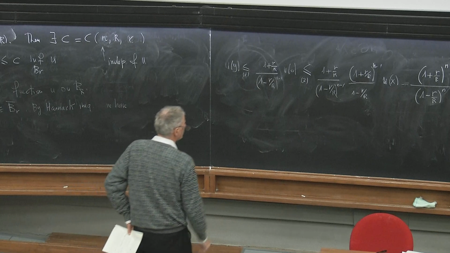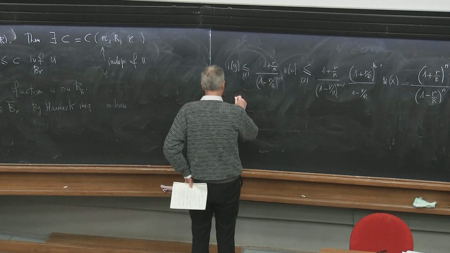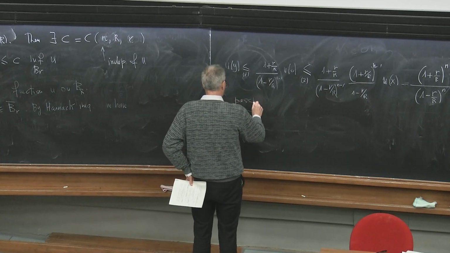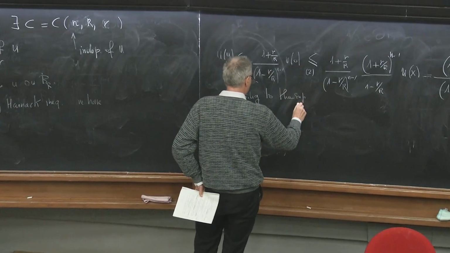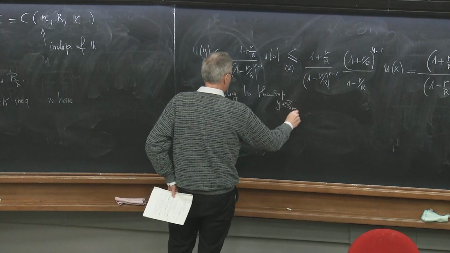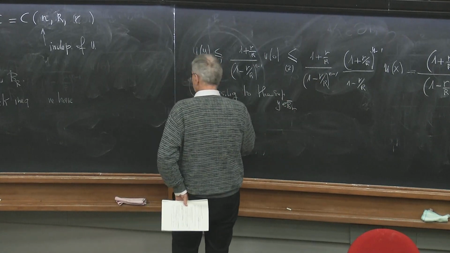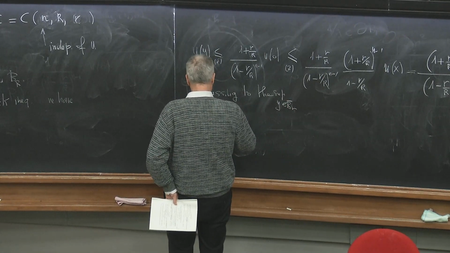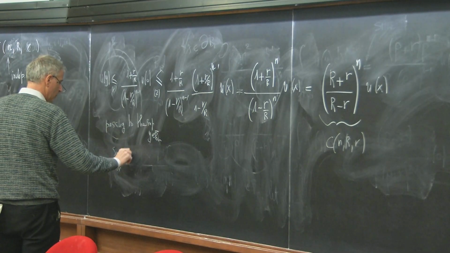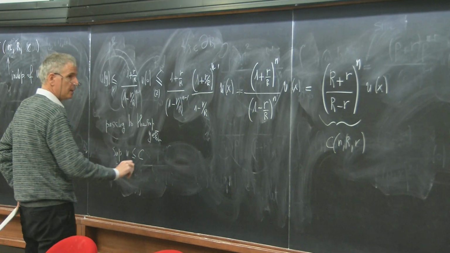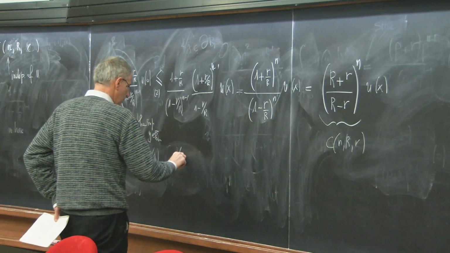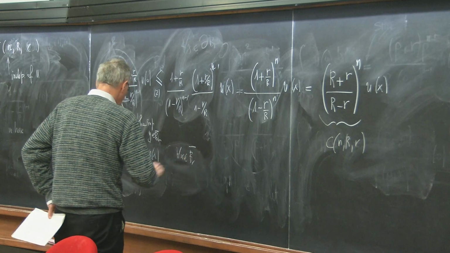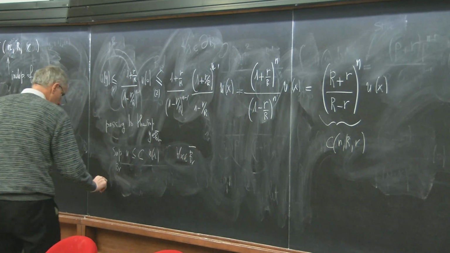Okay, now passing to the supremum over y gives that sup on BR of u is less than or equal to C times u of x for any x in BR. Passing to the infimum with respect to x,